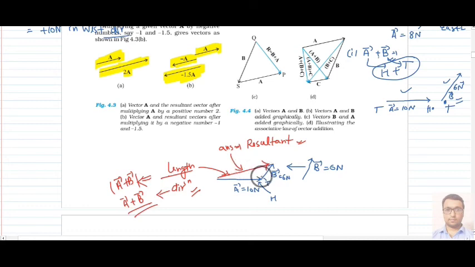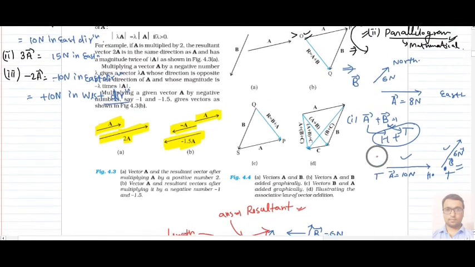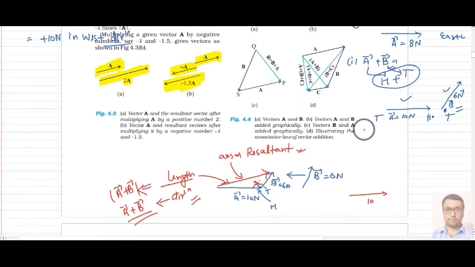So how will we measure it? If this angle is 90 degrees, then we know that this length is 10 centimeter. I think it was 8 originally, so don't get confused, let's consider 8 only. Still we have no problem in that. And 8 Newton or 8 centimeter, then 6. I have taken these numbers because you will get to know that the square root of the summation of these two numbers' squares will give you a perfect answer. Here you have 8 and here you have 6, and this angle is, remember, 90 degrees. So you will get a triangle like this.